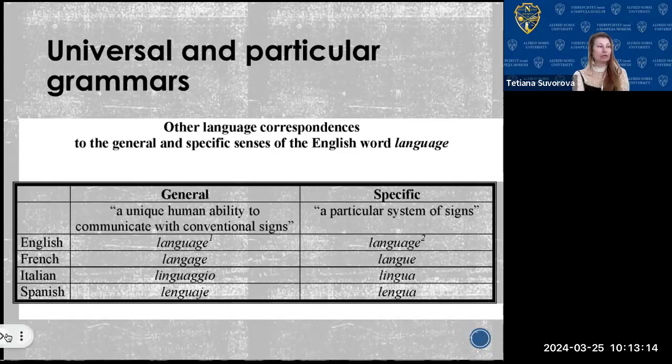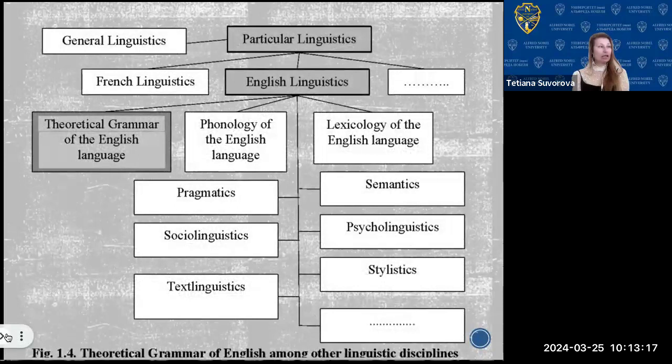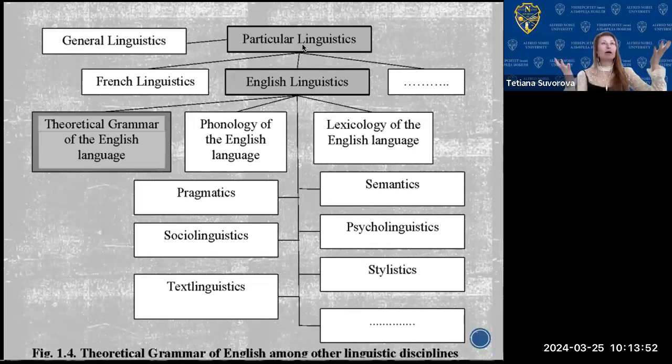Okay, so what else? Then, when we speak about theoretical grammar, we should understand that here it is also which theoretical grammar we mean. So all the time we start about something theoretical. You see, there's a lot of things to make the definition before you start your theory, because everybody should understand that you mean the same under the same word or the same term. And here we can speak about general linguistic and general grammar, particular general grammar, like grammar that exists in the world. Yes, there is such a discipline.